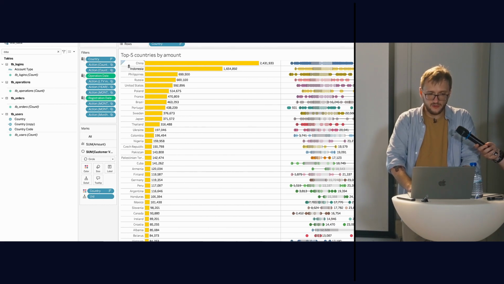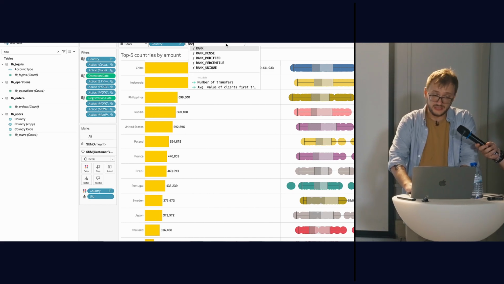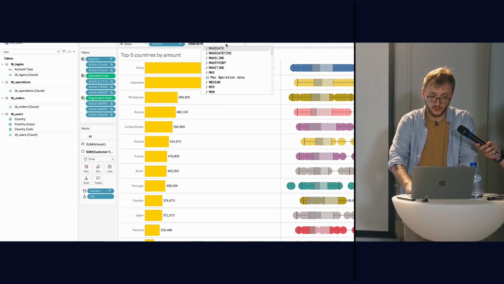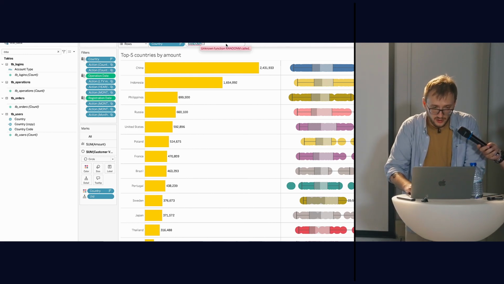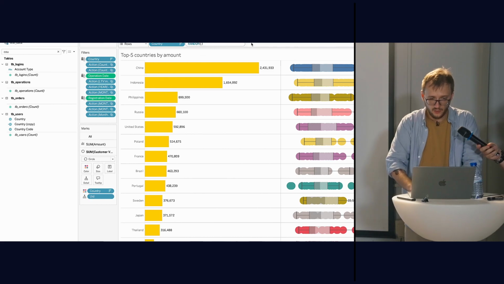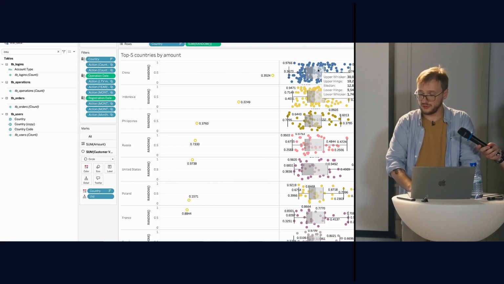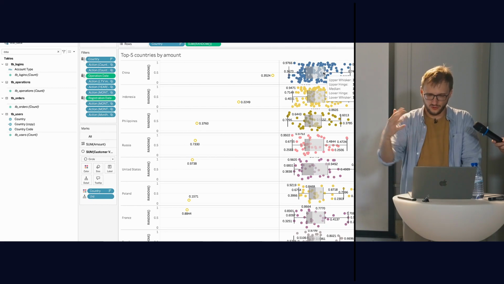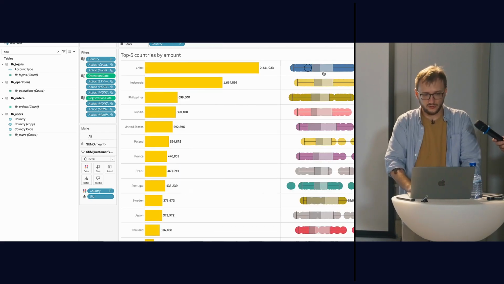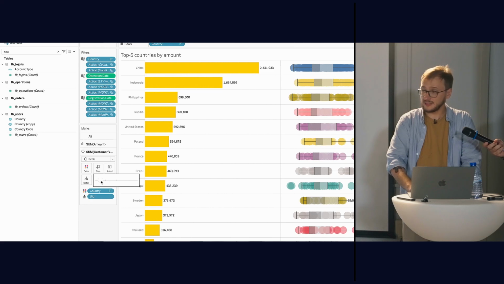By the way, if I were going with real production, I would also add a random function here. There is no such function as random in Tableau documentation or whatever, but you can create it and it's going to work. In real production, I would go with a random function in order to spread these dots. It's going to look much better. But for the purpose of this presentation, I'm not going to do so. So I'm just going to give the dots some opacity and make them smaller.